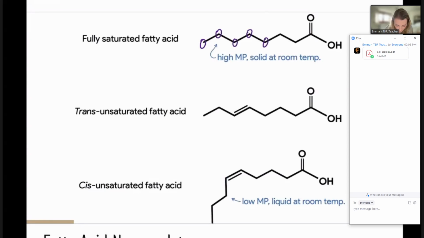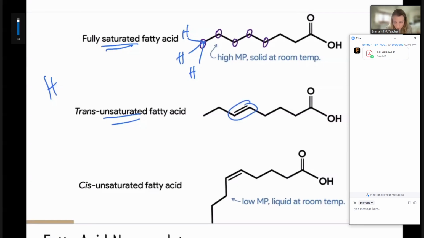But the other part, I guess I just gave it away, is that attached to each of these are hydrogens. And so when we're thinking about the difference between something that's saturated and unsaturated, it has to do with the hydrogens, in terms of saturation. And so here we see we have a double bond, and we know that carbon only makes four bonds. So when we have a double bond, we have C double bonded to C, and then they're all part of the rest of the chain.